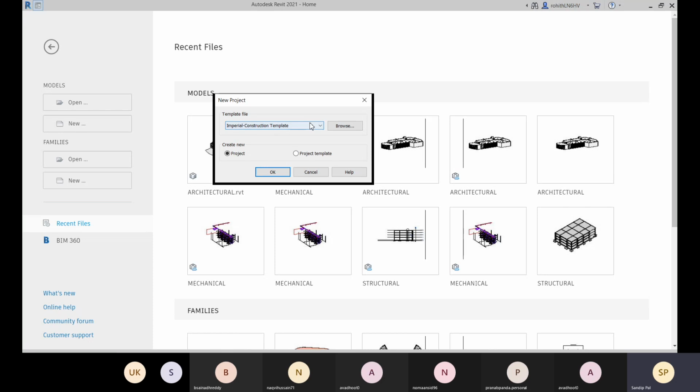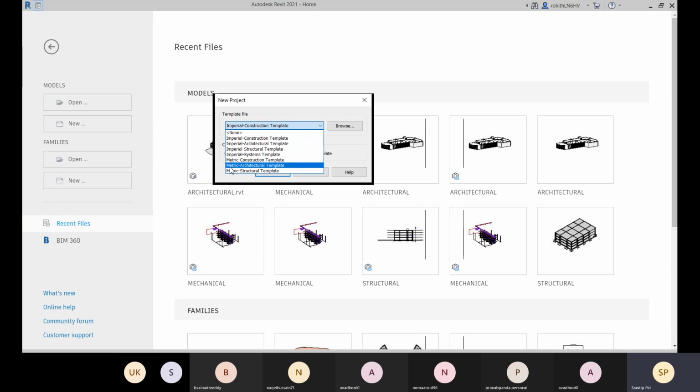Okay, so here you see that we have imperial and metric units. If you go for metric, you will have metric units by default, in millimeters, and if you go for imperial you will have inches by default.